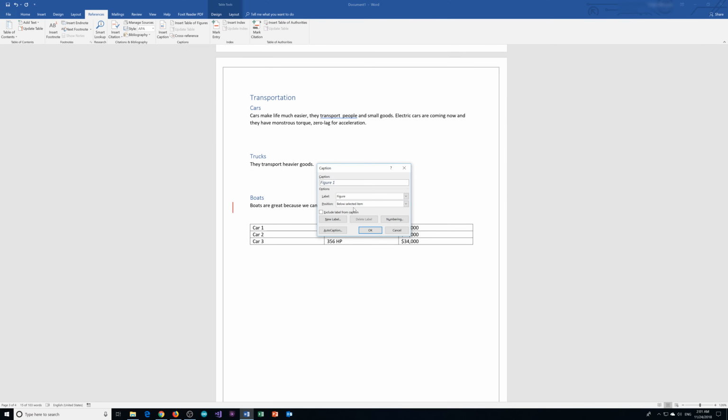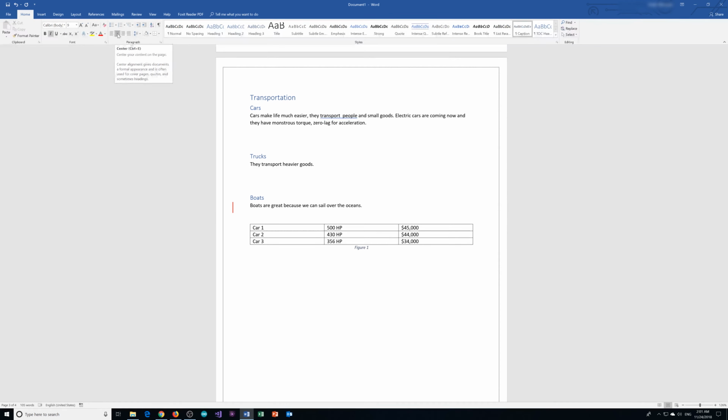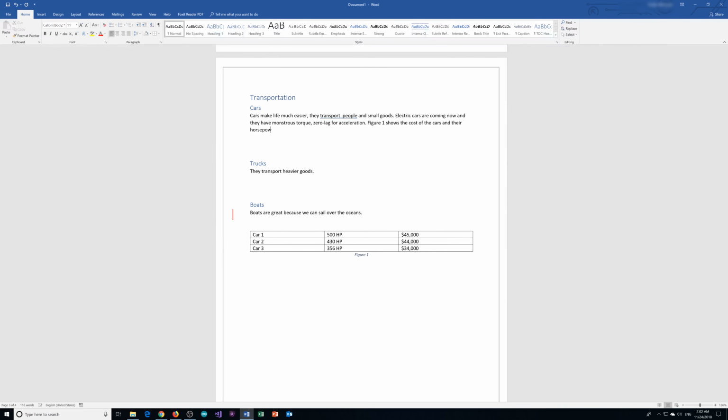insert caption, figure 1, you could pick a name, but figure 1 is fine. You can click Control E to put that figure in the center, or you could come here and press this button to put it in the center. And so let's say you wanted to reference this table. Now instead of typing "figure 1 shows the cost of the cars and their horsepower," if you just type in figure 1, you can't go to this table. People will know what you're talking about, it'll be fine,